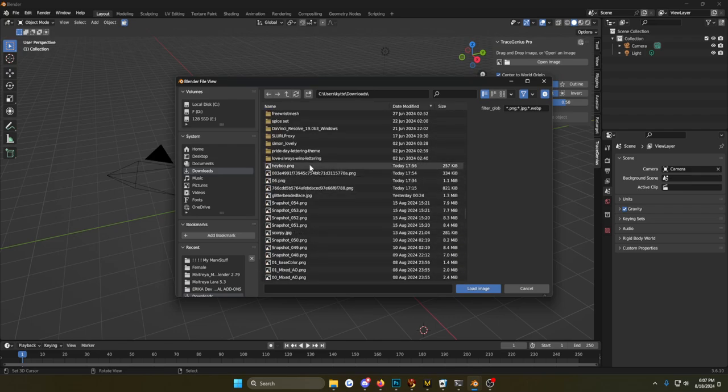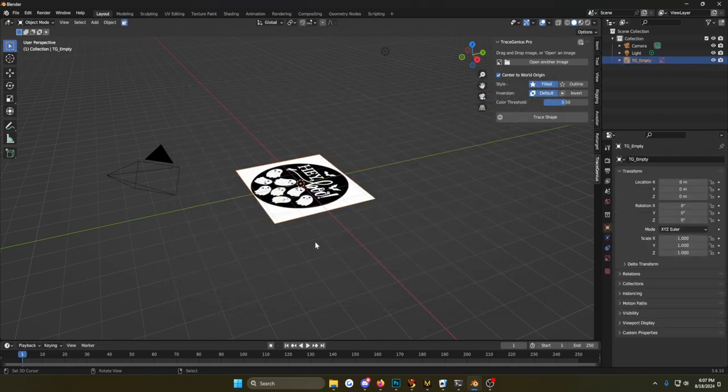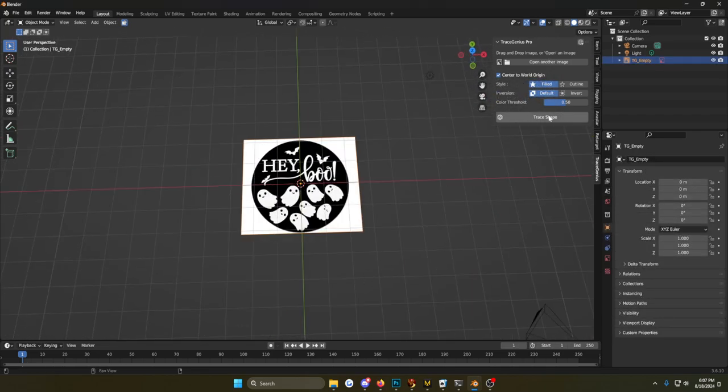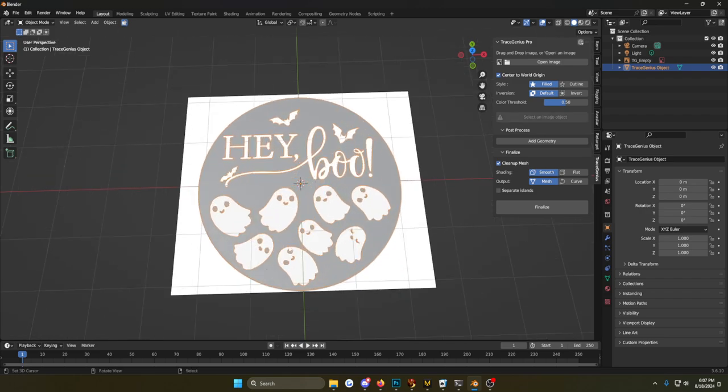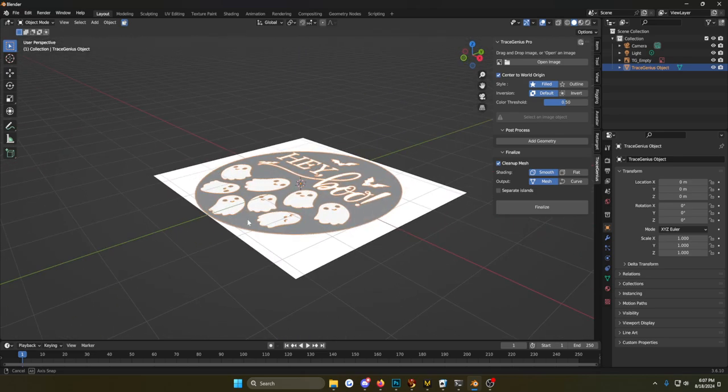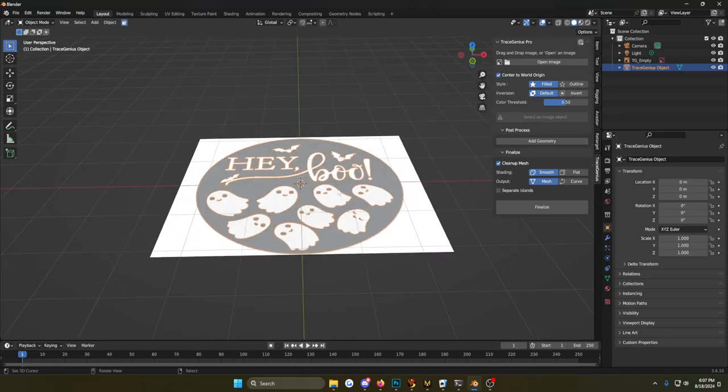I have a lot of stuff. Hey Boo, yay! Load. It's going to show up here. And you want to trace shape. See how it filled in just the black areas? It tends to do that. If you wanted it to be the other way,